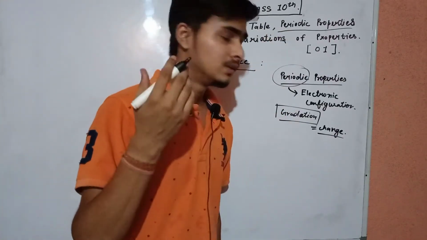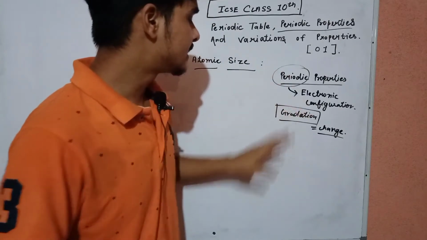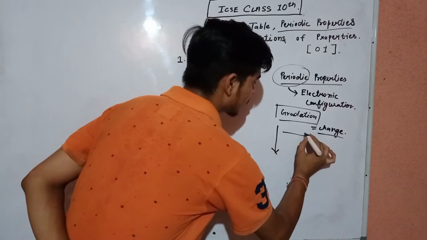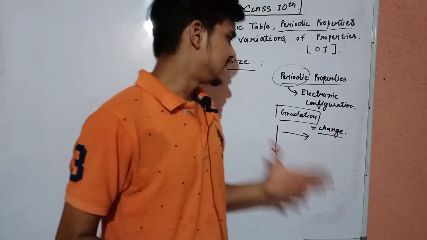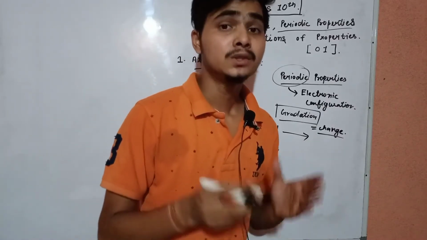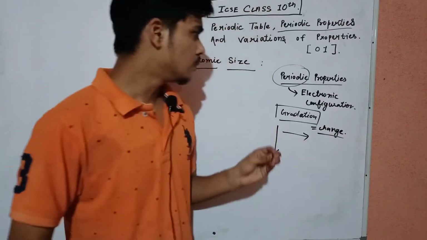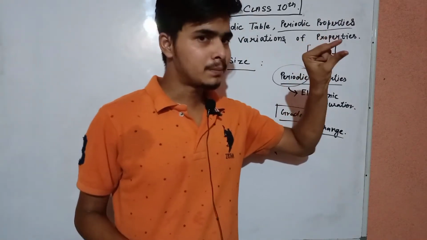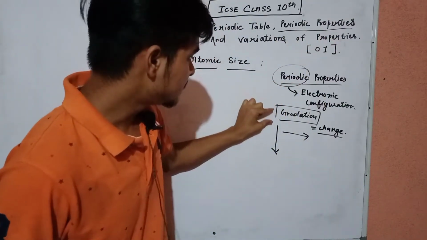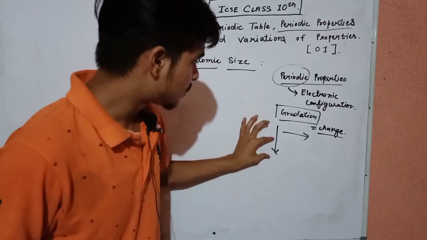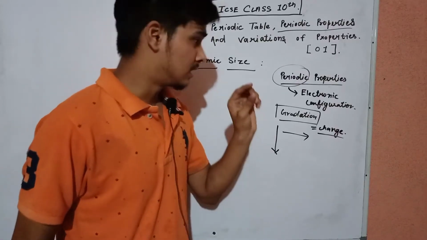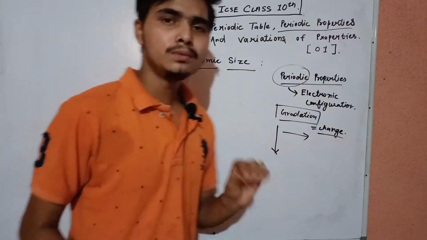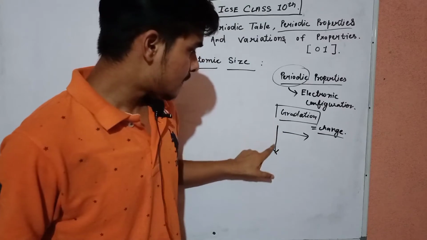These gradations occur when we go down a group or when we go across a period. Change means what? Suppose I take atomic size, which is today's agenda. So if you will study atomic size, you will see that when we take a property like atomic size and when we see a change, you will observe that when you go down in a periodic table